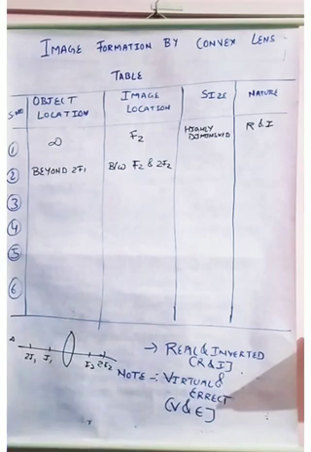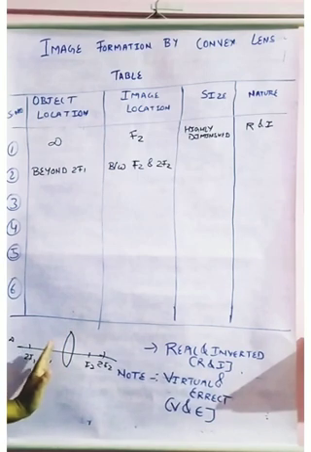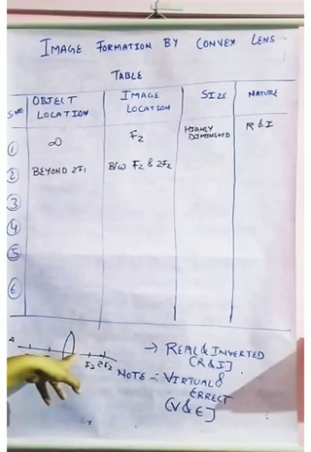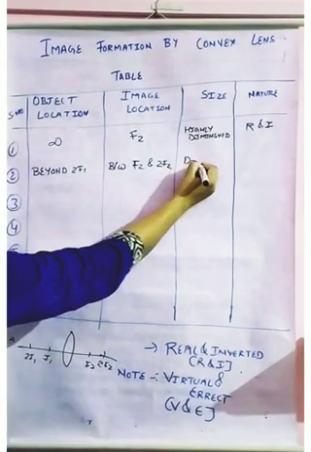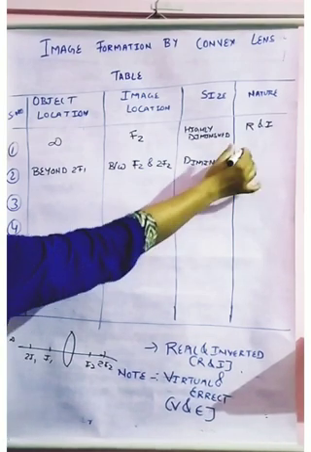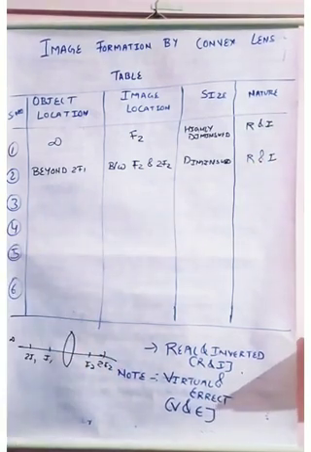Now the distance has decreased a bit. Remember, the closer you go to the mirror or lens, the more magnified your image will be. As you are far from this, you will find that the image will be smaller, and when you are approaching towards the lens, you will find your image will be magnified. Still you are far, so you will find your image will be diminished. Now again the nature will be real and inverted.